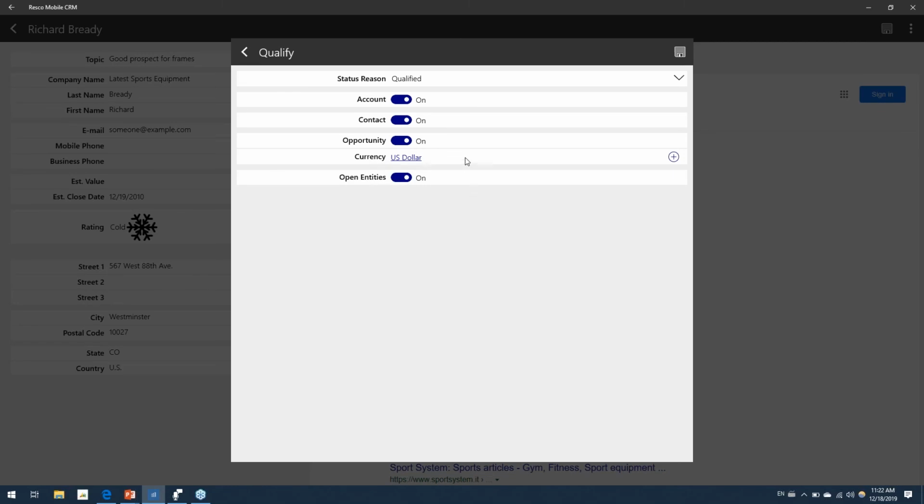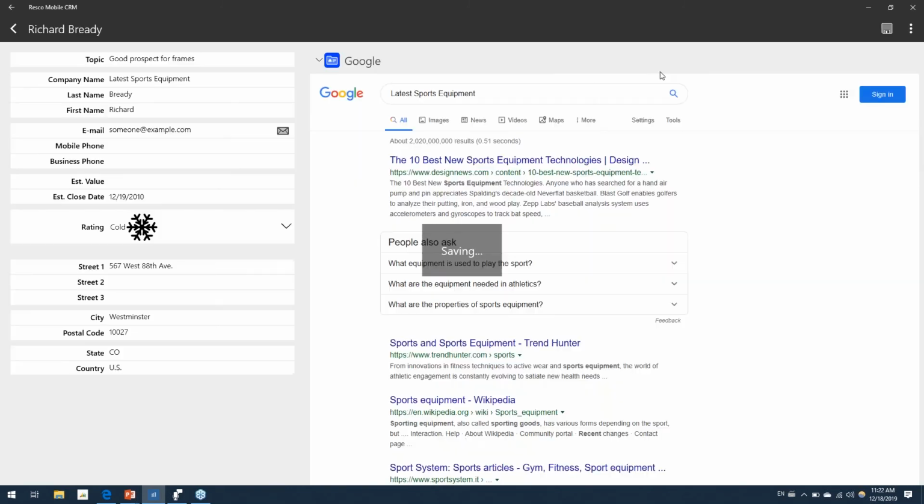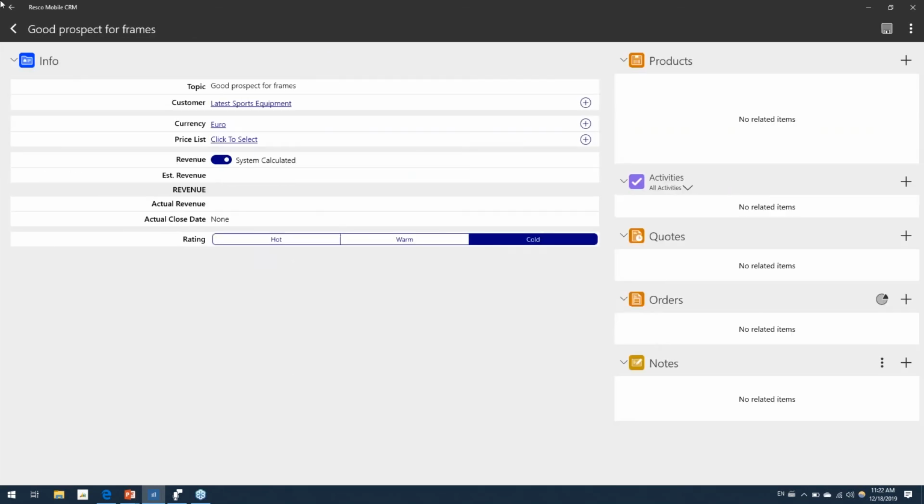I can also choose the currency in which I want to have this opportunity stored. Since we are working within Europe, let's say it's Euro, and let's save this choice. Now the application will open up these newly created CRM records. So first of all, this is a new opportunity connected to this account. I can set its rating. I just visited this client, so I think it's really hot. They are really interested. I can add some products into my